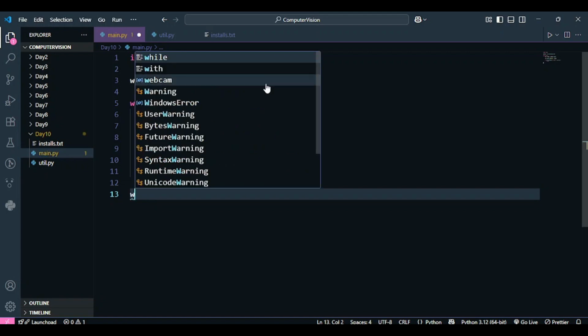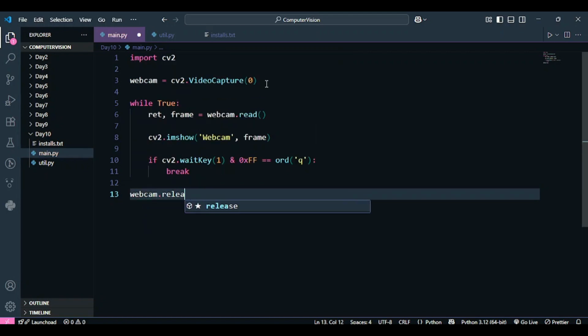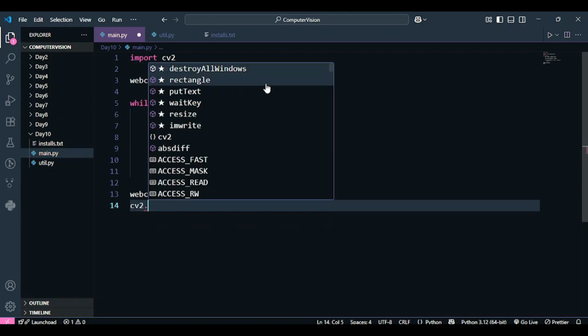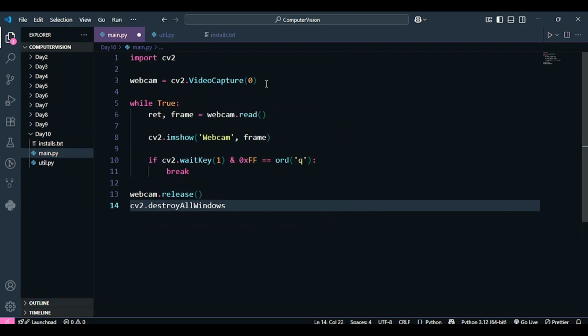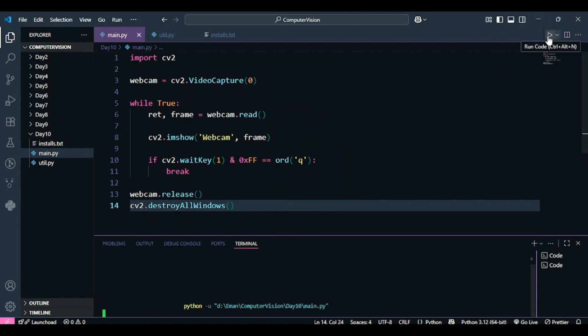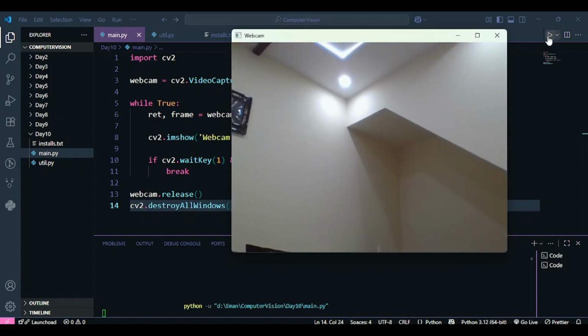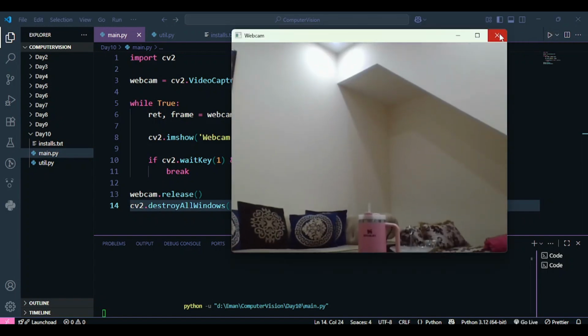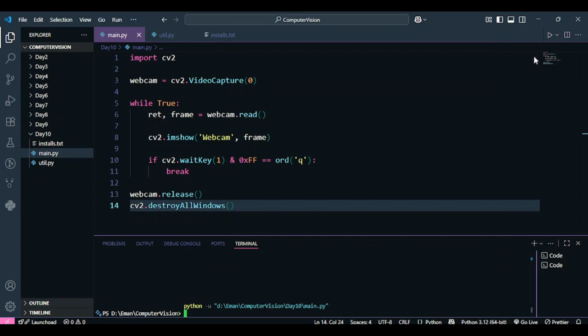Then the last step is we are going to release all the resources that were occupied by our webcam, and lastly we are going to destroy all the windows as well using the OpenCV function. This is it. Let's see if this is working or not. So yeah, this is just our webcam. It's working perfectly as it should.